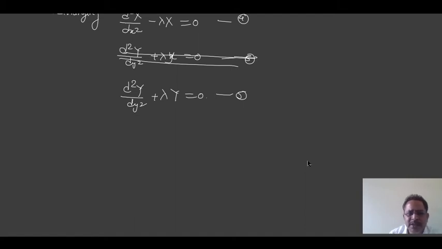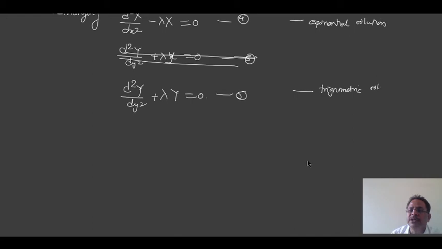Okay, so look at this. These are the two separated ordinary differential equations. Both of these, equations 4 and 5, are second order ordinary differential equations, and the solutions of these are known to me. Whenever the coefficient of the second term in the differential equation is negative, we get the solution to be exponential. This is again a part of mathematics, not physics. And whenever the coefficient of the second term in the differential equation is positive, then this type of differential equation will have a solution which is called a trigonometric solution.